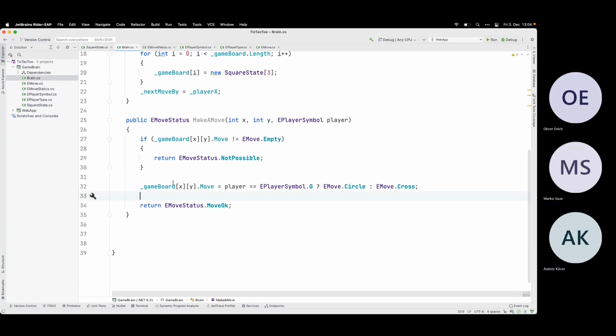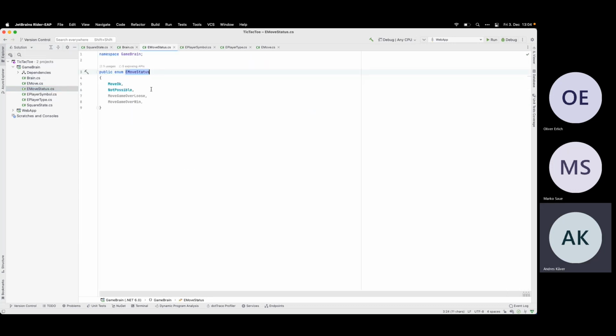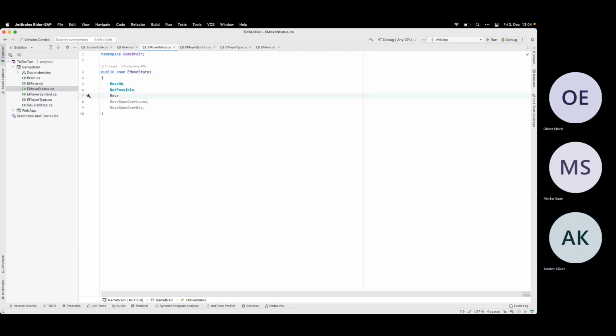And so basically now I need to check that has somebody won, is the game over. And oh no, EMoveStatus can also be move game over tie, so there's actually 3 statuses.